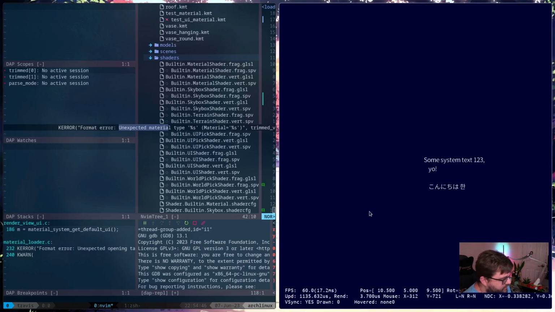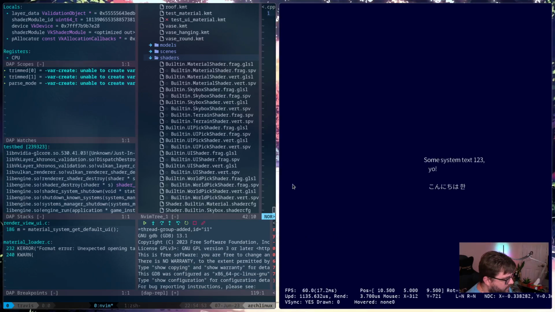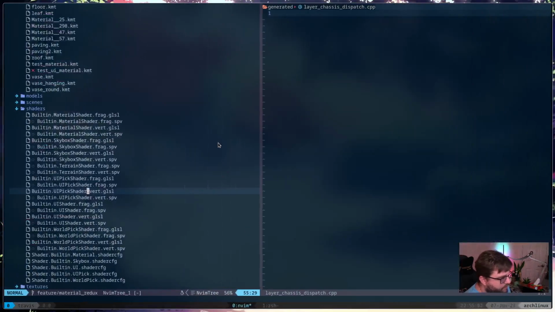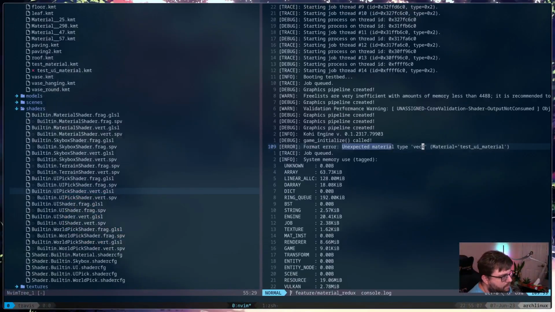And actually, I think I could just quit this early because... Oh, interesting. We got some sort of errors over there. Test UI material. How did it get vector 4 out of that?